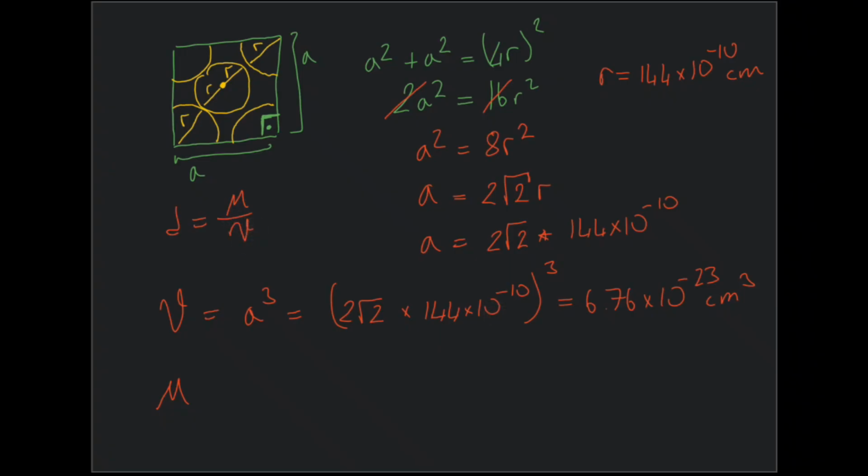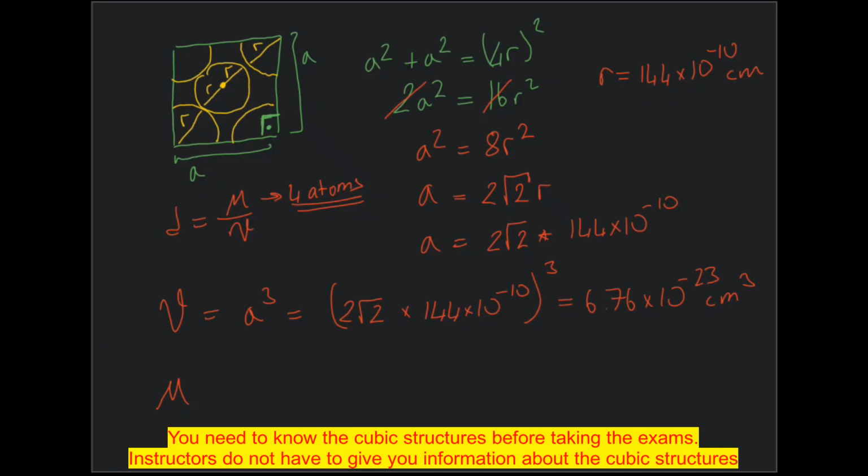Firstly, in FCC structure we have 4 atoms, and the mass of the FCC structure of the gold atom is, we have 4 atoms, and the molar mass of the atom is this number, gram per mole,